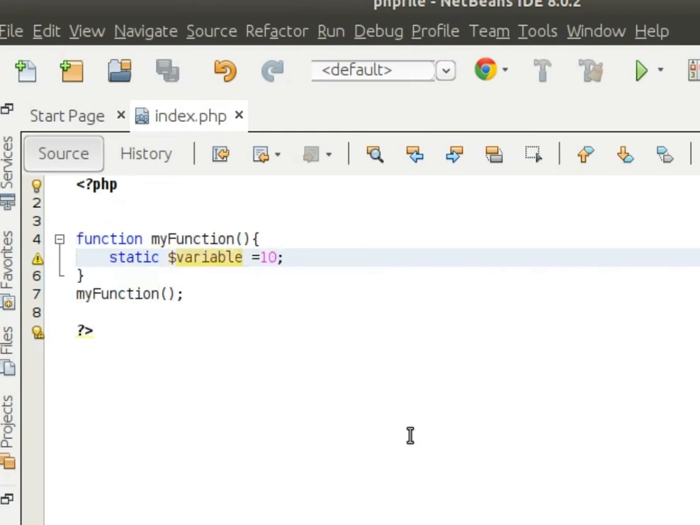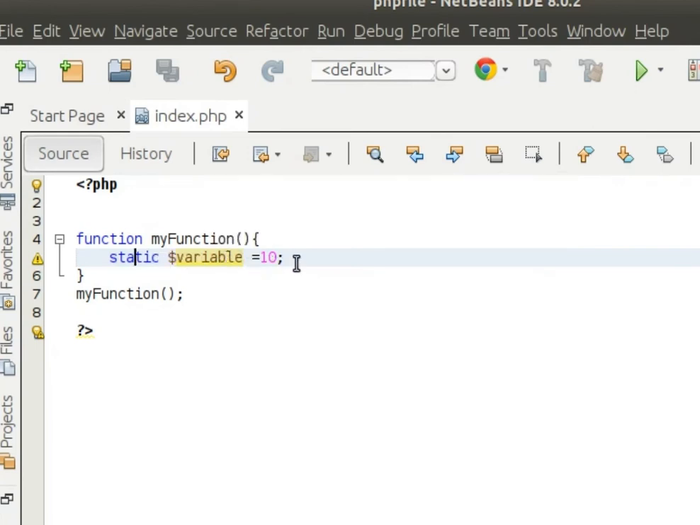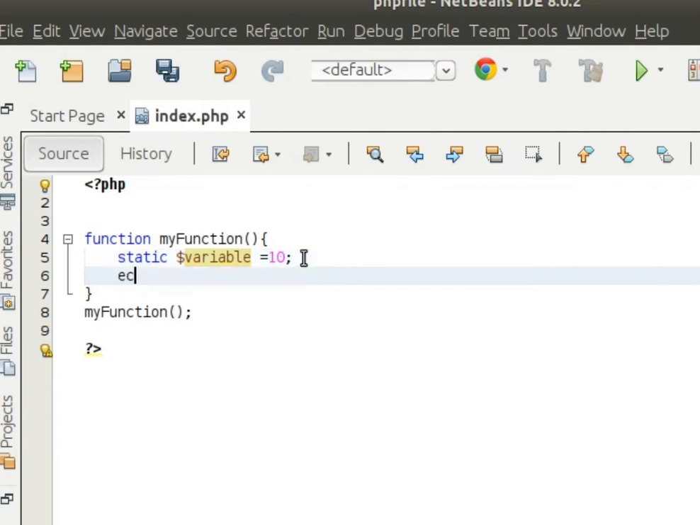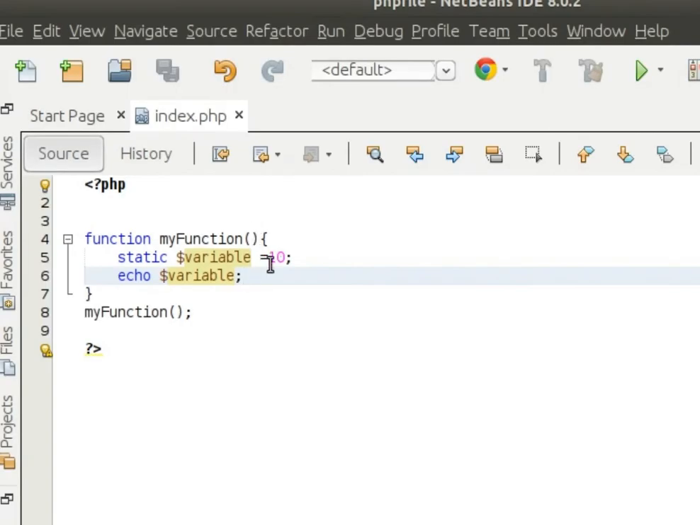So now I am going to discuss what is static scope. In my function I have declared a variable equal to 10, and the variable is a static variable because we used the static keyword before this variable. So now the variable will be treated as a static variable. If we echo this variable, what will be the output? The output should be 10, and